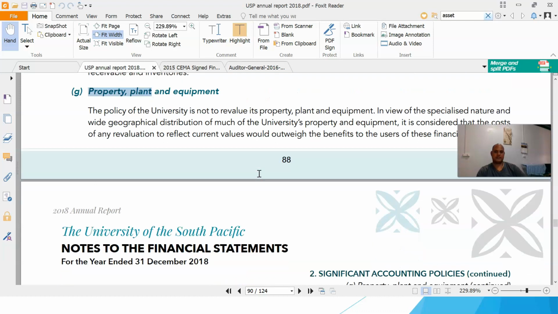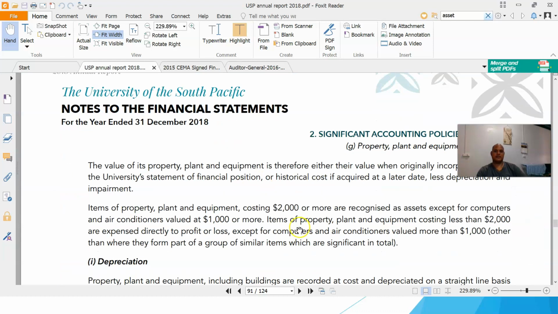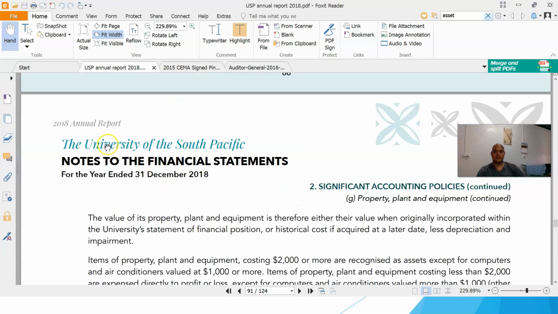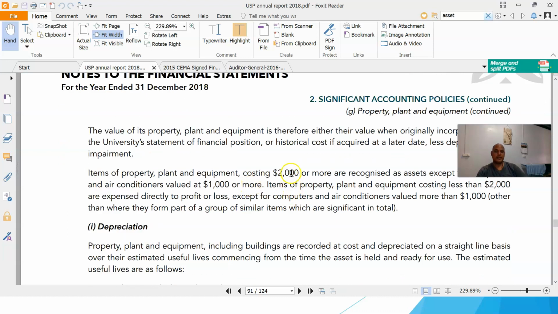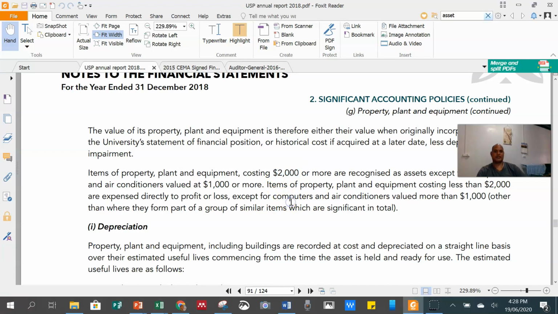So here, USP, which is short for University of the South Pacific, says any asset that is bought and has a value over 2,000 is recognized as an asset. Anything less than this will not be an asset.